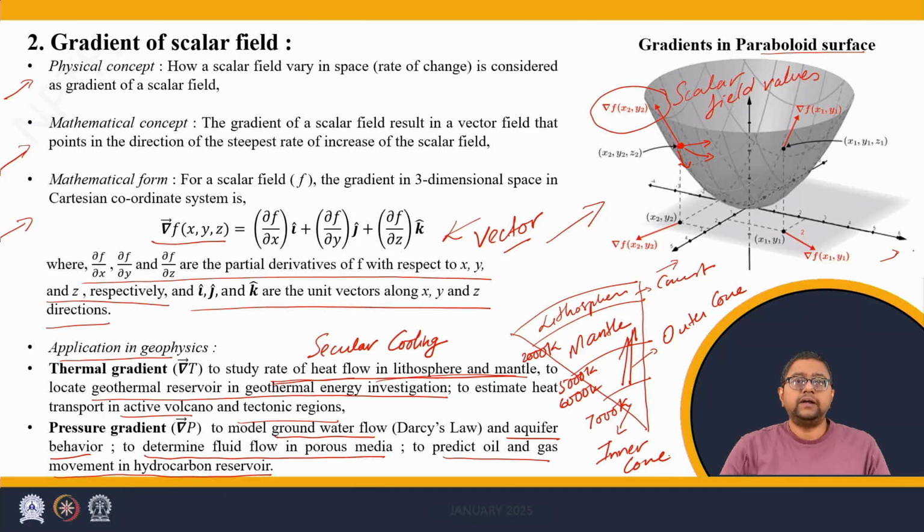Another aspect where the pressure gradient is used in geophysical applications is in the oil and gas industry. In hydrocarbon reservoirs, oil and gas move through porous media and get collected in reservoirs. Porous media are nothing but solid structures with perforations through which fluid can flow. And these flows are driven by pressure gradients. Thus, geophysical applications of the gradient of a scalar abound.